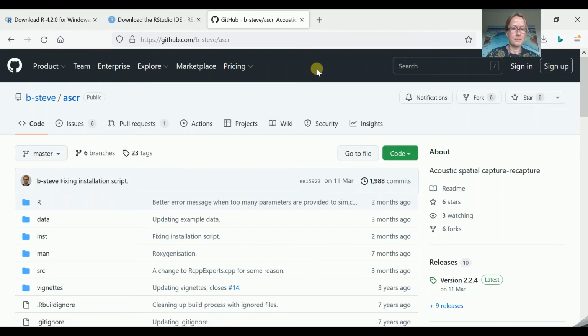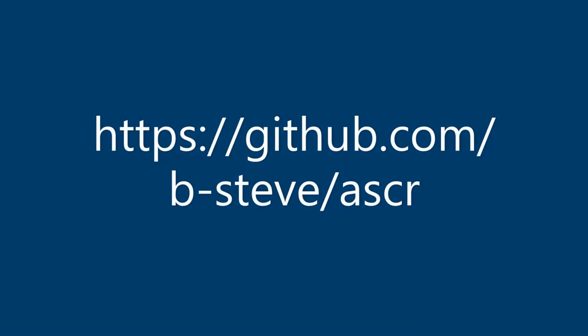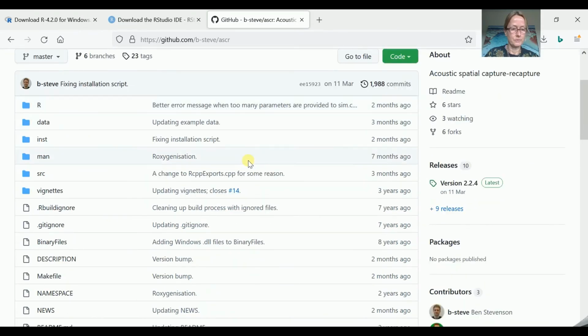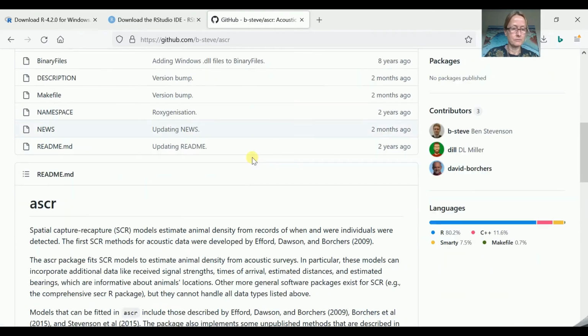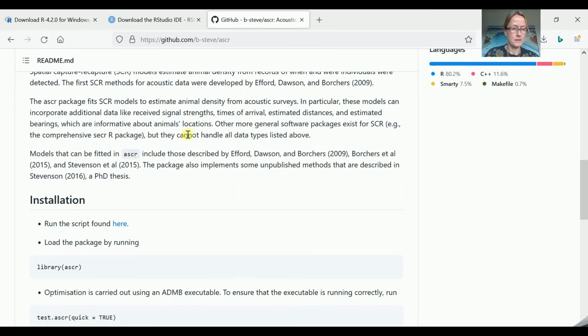And in his GitHub account, that's where we can find the package ascr. So once we get there, we can scroll down, find some information, and here are some instructions for how to install the package onto your computer. So we need to click on the link here,